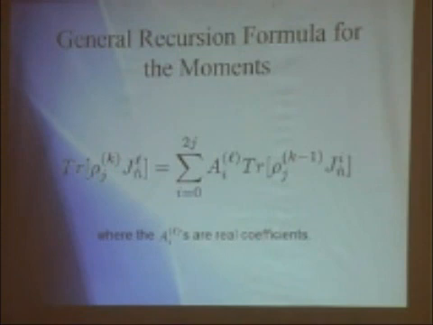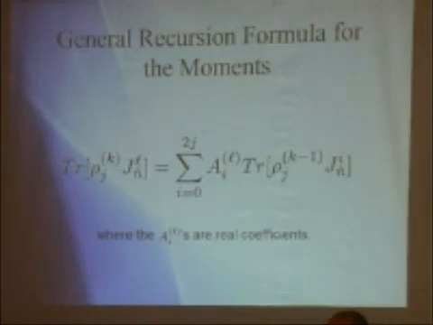Just by using linearity in quantum mechanics, it's possible, with a really simple argument, to show that if I take the quantum reference frame after I use it k times, and I consider this L moment, the L moment of the quantum reference frame at the k time, then it's a linear function of all the moments of the quantum reference frame at k minus 1 time, so just one step earlier. And now, one of the interests is to calculate what those coefficients are.